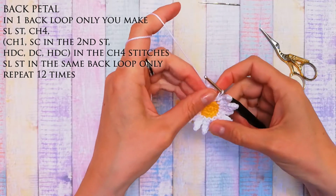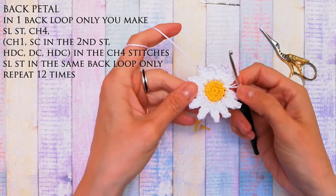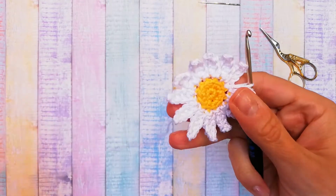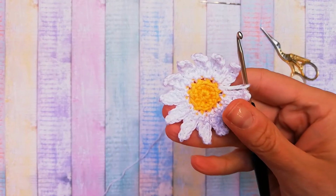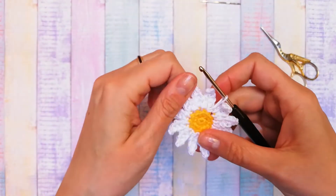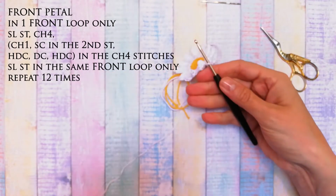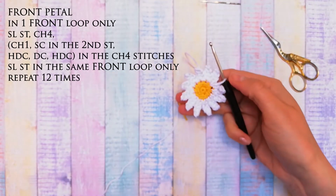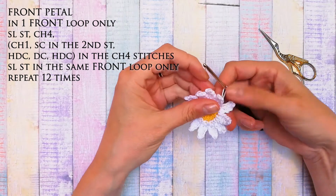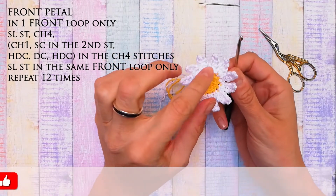Now that is 2, 4, 6, 8, 10, 12 petals done. As I already mentioned it, you can stop here, but what I'm actually gonna do is I'm gonna go another row of petals, so it's gonna be more puffy, and I think it's gonna look much better. But it's completely up to you. You can leave it just like this, like cut the yarn and use it like this, but I am gonna